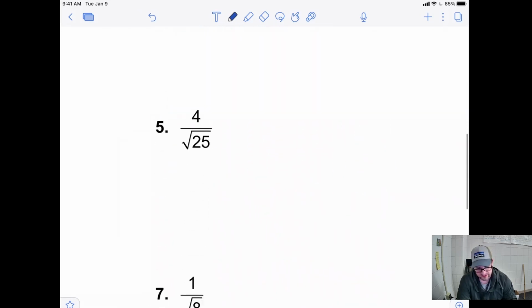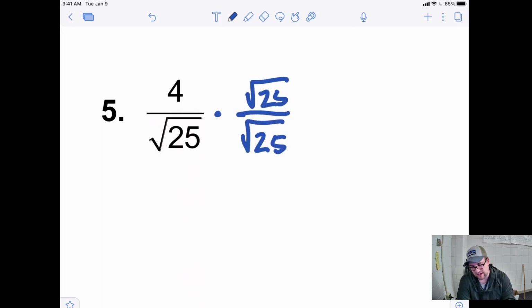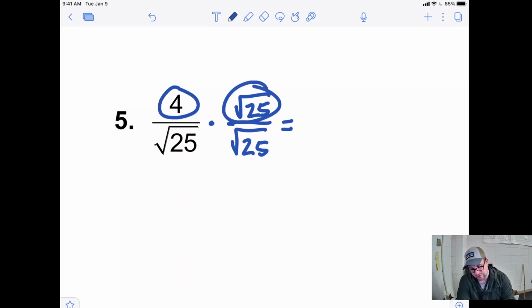Let's look at another one. Here's another one, number 5. Now, there's a really easy trick we can take advantage of here, but we're going to pretend we don't see that trick, and then we'll come back. If you want to get rid of the square root of 25 in the bottom, you're going to multiply both sides by the square root of 25 and the square root of 25. When you do that, you're going to end up with 4 square roots of 25